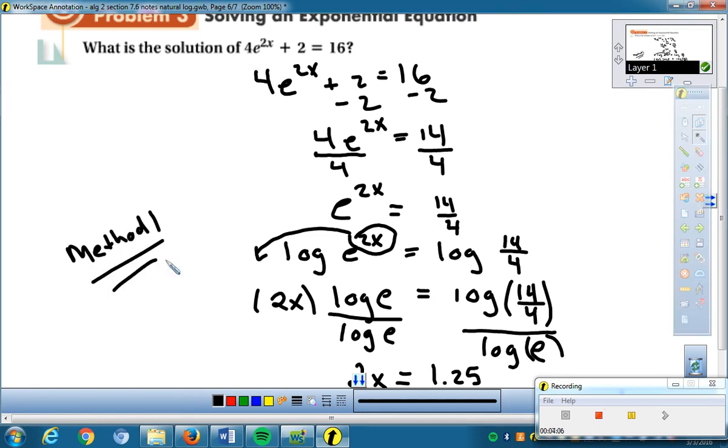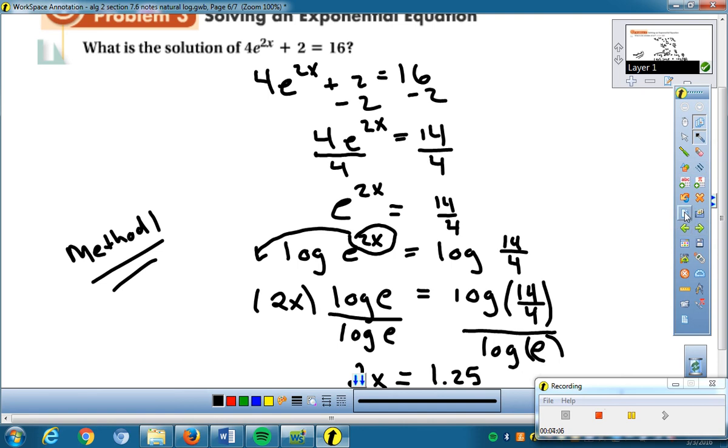How do you know when to use the natural log and the normal log? Okay, very good question. We can solve this problem using any log, as long as you're doing the same log on both sides. So if you're comfortable working with the log base 10, then do that on both sides, okay? But what we could have done,